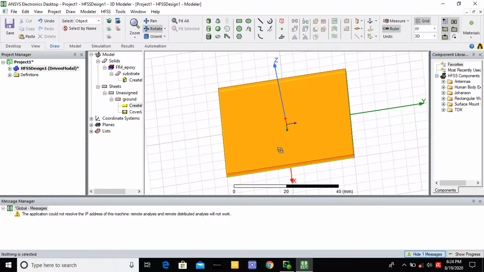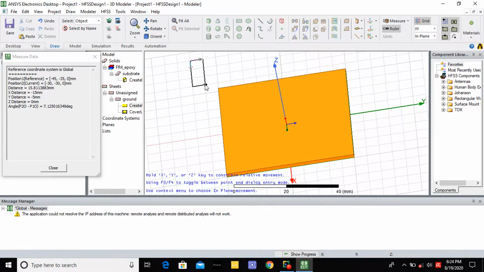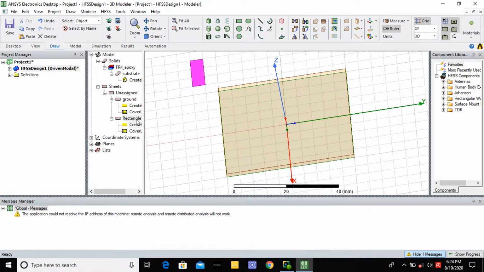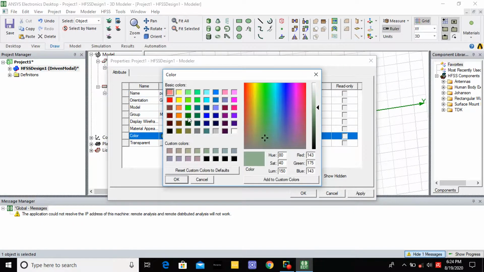Patch is a rectangular sheet. Go here, you select a 2D rectangular sheet. You draw it at any place in the project window. Here you select the name. Instead of rectangle, you give patch. Here you change the color.